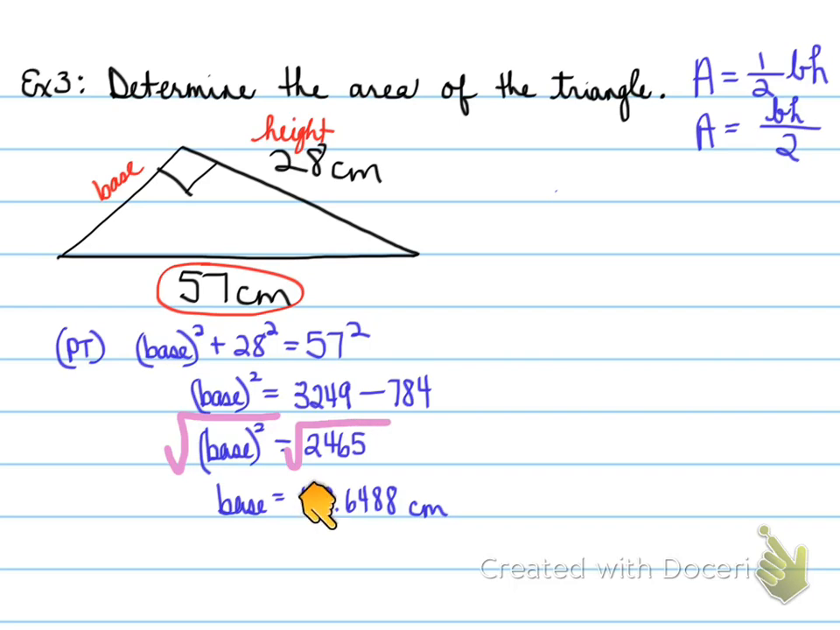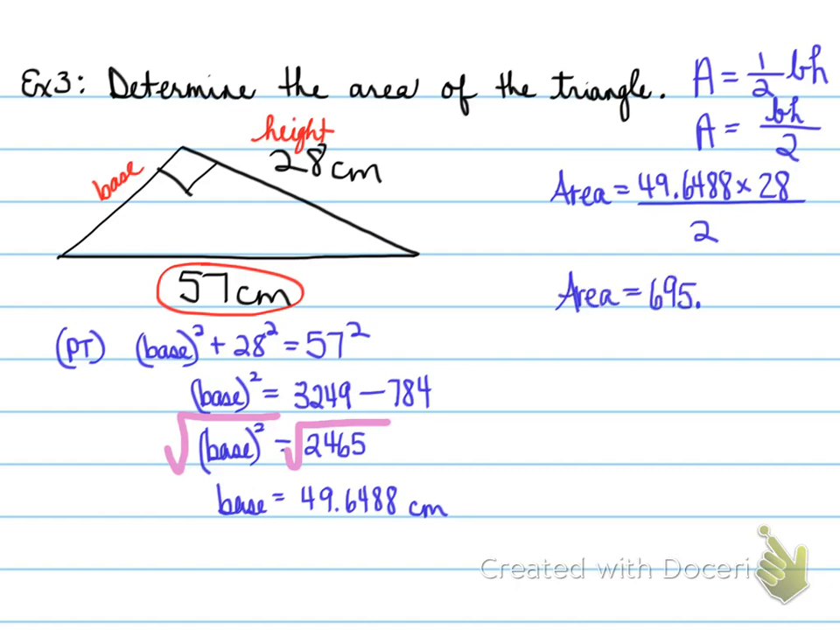And the answer here makes sense because the hypotenuse should be the longest side, so it makes sense that this is less than 57. Now, we need to find the area of this triangle. Well, we have our base, we have our height, now we can find the area. Area is equal to base, 49.6488, times the height, 28, all divided by 2. And that means the area is equal to